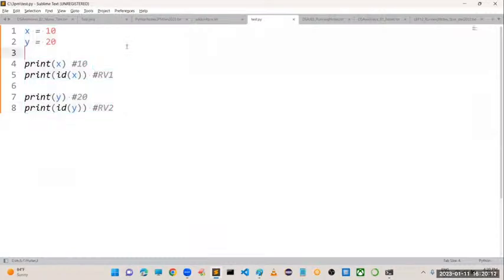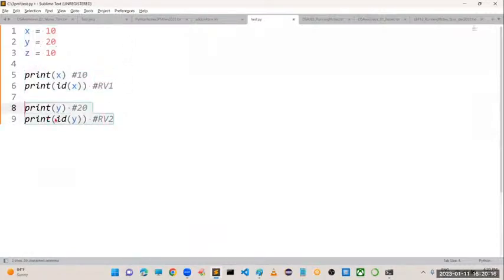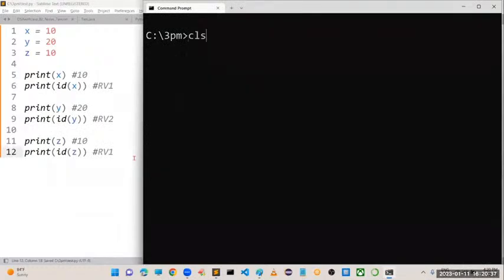Let me cross check. Here I am taking z is equal to 10, and after this I am trying to print the value of z and then the address of z. So the content is 10. Whatever address we got for the content 10, that is nothing but ID of x, right? Now ID of x and ID of z both are pointing to the same memory location.